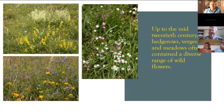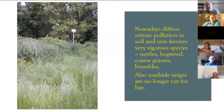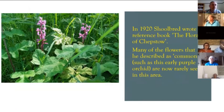Well, until the mid-20th century, hedgerows, verges, meadows contained a diverse range of wildflowers. But nowadays, mainly because of nitrate pollution diffusing from agriculture and also pollution in the rain, favours very vigorous species such as nettles, hogweed, coarse grasses and brambles. And also roadside verges, which in the days of horse-drawn transport were always cut for hay by farmers or villages, are no longer cut for hay. So there's been quite a transformation, and we've lost a lot of those wildflowers that used to grow on our